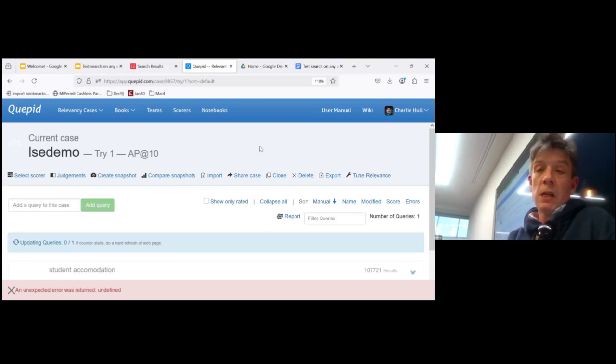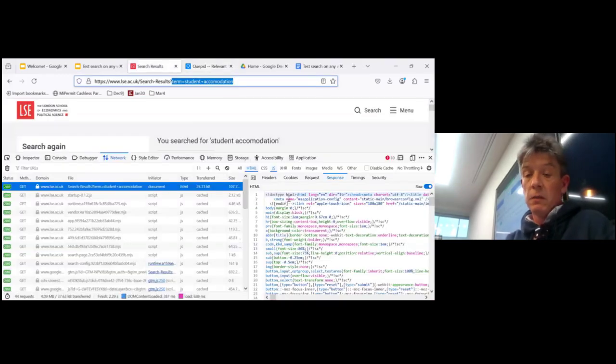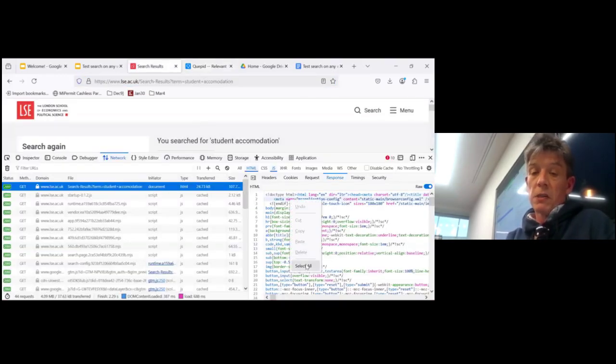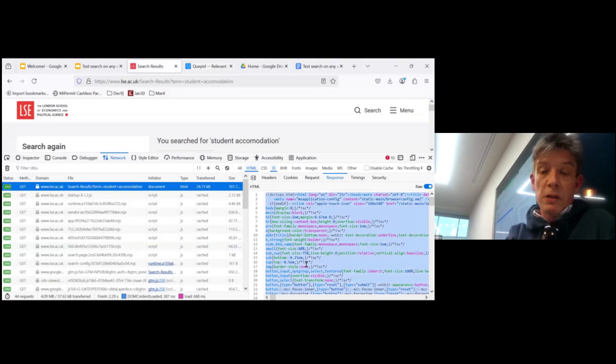So what we're going to have to do is try and figure out how to get this data out of the website. So what I've done is, if I look at the search results here, what I like to do is just copy this somewhere useful. I've got a text editor I use called Notepad++, because it's going to be really painful to deal with it in the debugger.